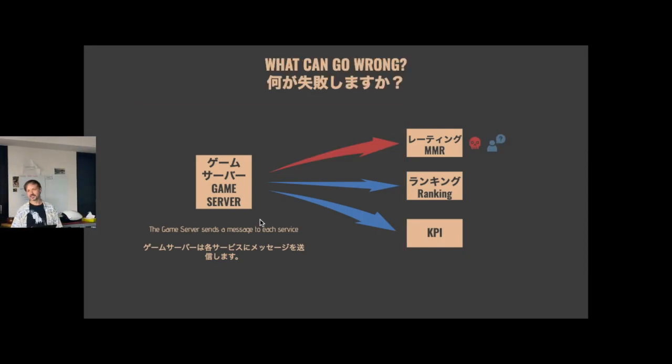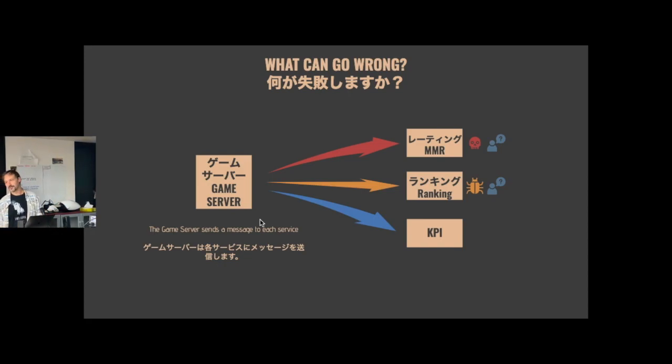What happens when your MMR service just goes down? It's down for 2 minutes. A node went down in your cloud somewhere, everything's on fire, they finally fix it. What do you do? Your ranking service has a bug. 3 weeks after your last deploy, you realize that your leaderboards are slightly scrambled in certain ways. After a very angry user told you about this.